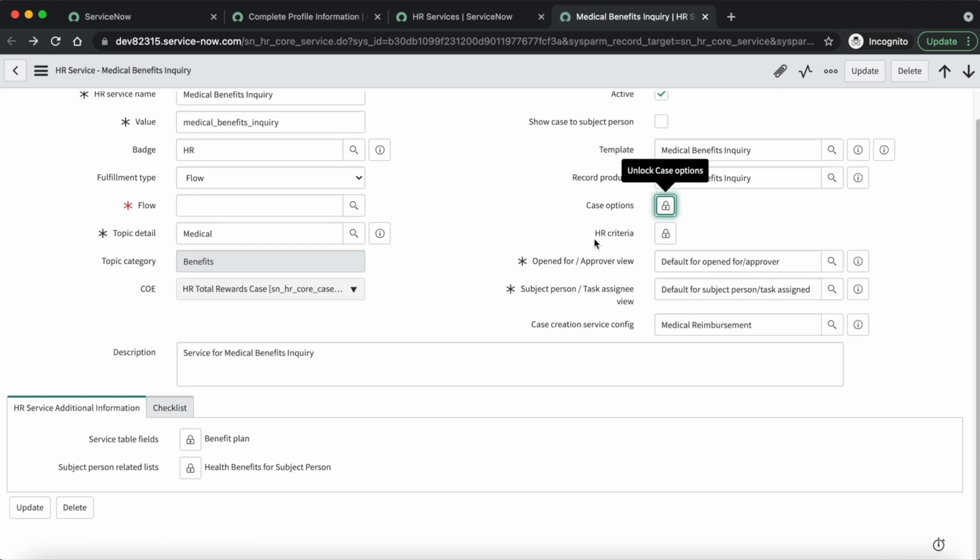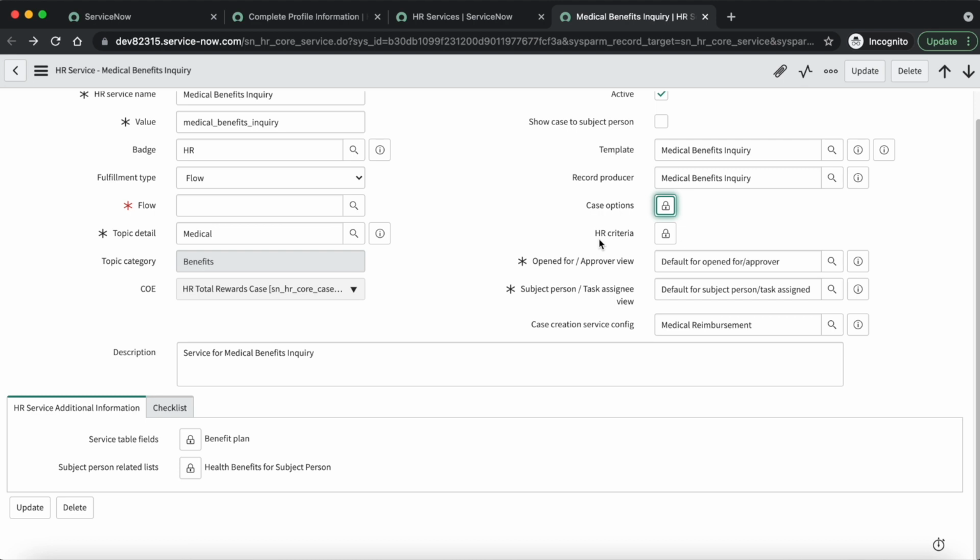Now we have a field, HR criteria. With the help of HR criteria, you can define which HR services will be available for which users. For example, if you want to make an HR service available to Indian employees only, you can configure an HR criteria with the relevant conditions and attach it to that particular HR service.